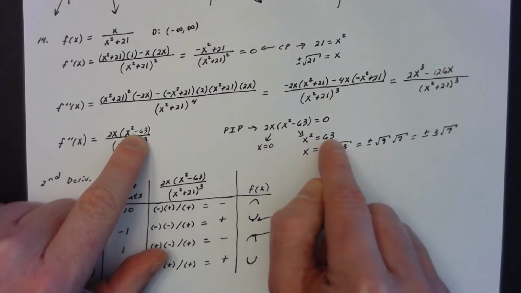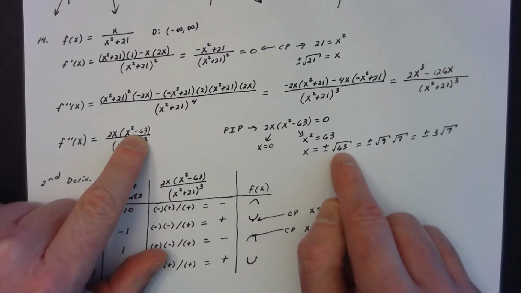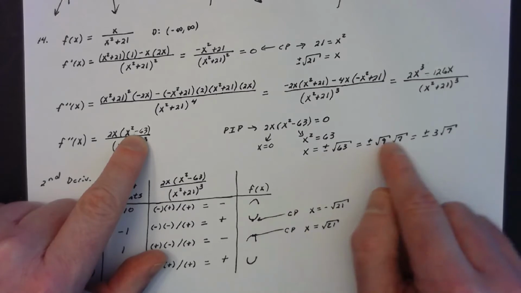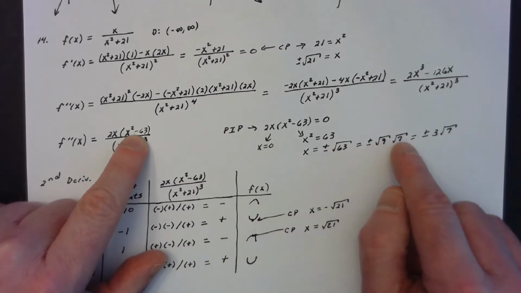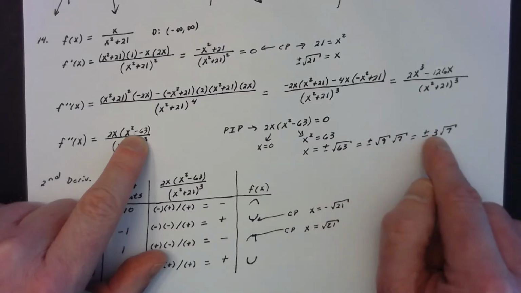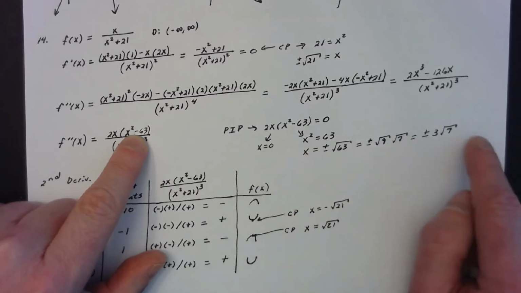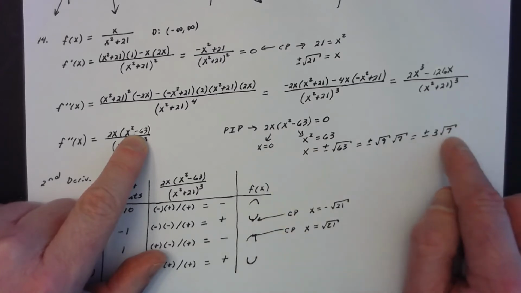If x squared is equal to 63, then x is equal to the positive and negative square root of 63. I said 63 has a perfect square factor of 9. I could call the root of 63 the root of 9 times the root of 7. We know the root of 9 can be simplified as 3. So now I have x is equal to 0 and positive and negative 3 root 7